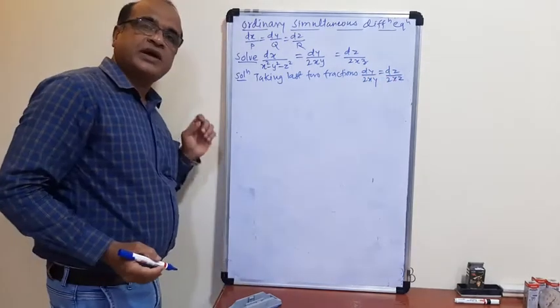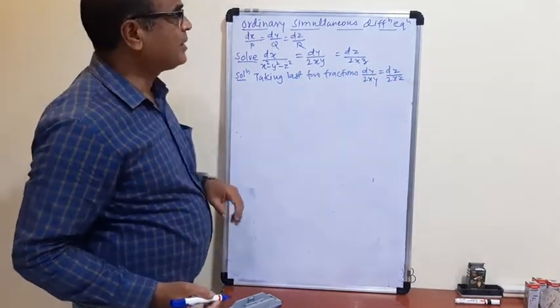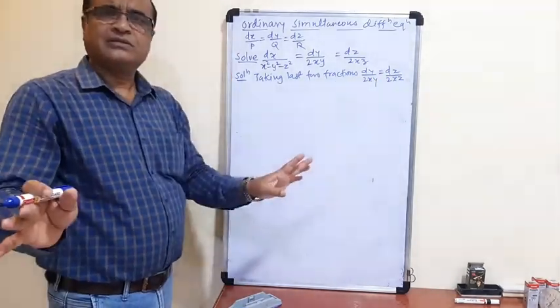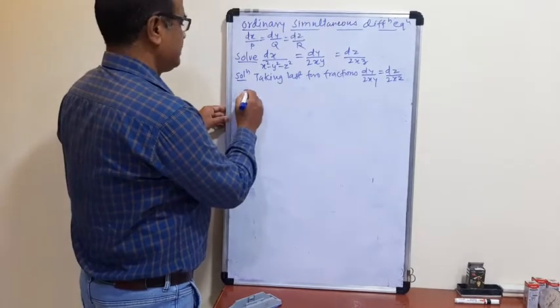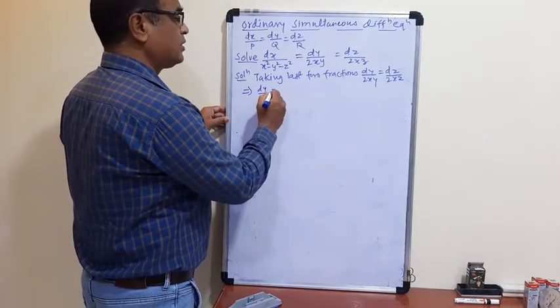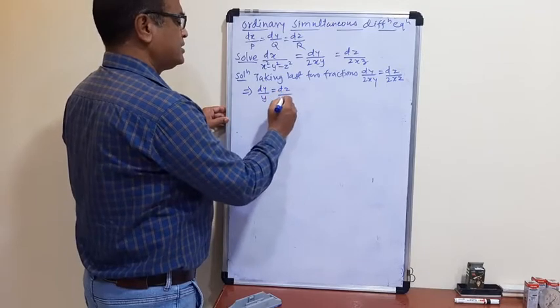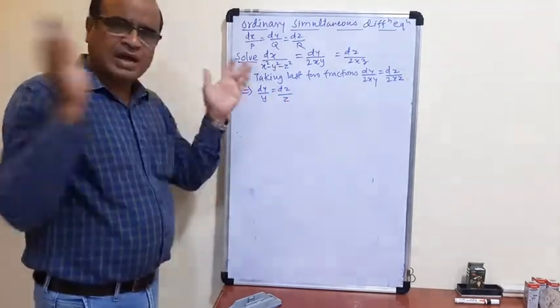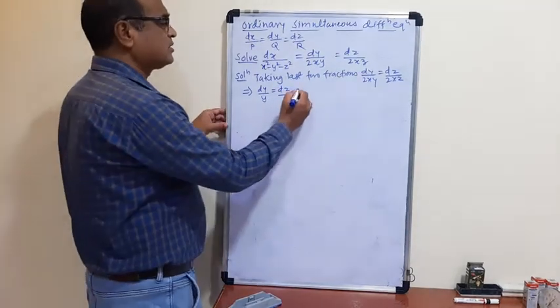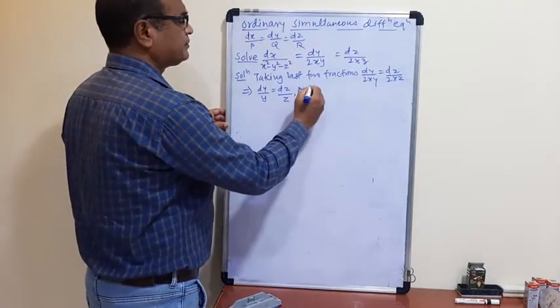dy upon 2xy is equal to dz upon 2xz. So what happened here? The 2x gets cancelled, x is removed there. So what is remaining implies that dy upon y is equal to dz upon z. So the variables are separate, and it is easy to take integration. So on integration,